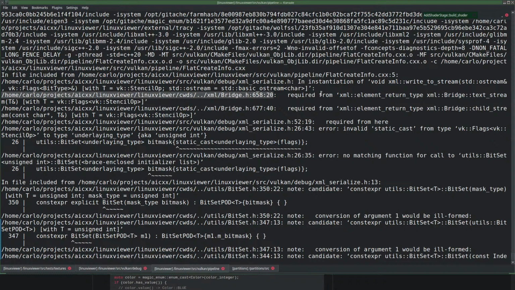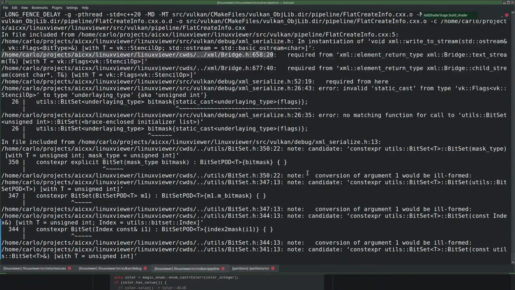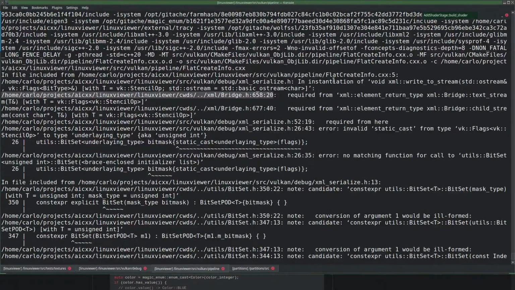Let me concentrate on this. In instantiation of write to stream, with T is VK stencil op, which is the enum class.